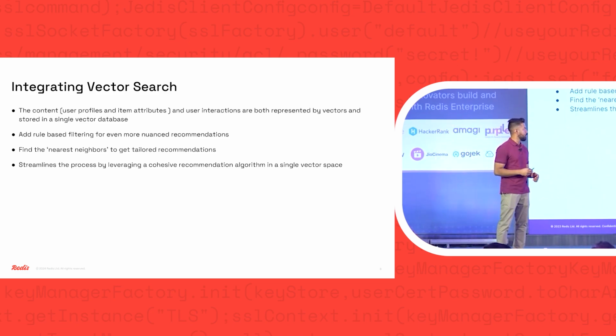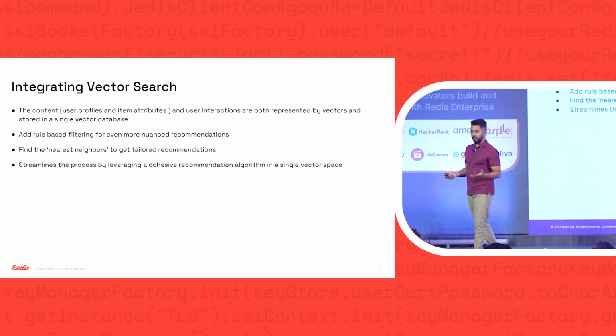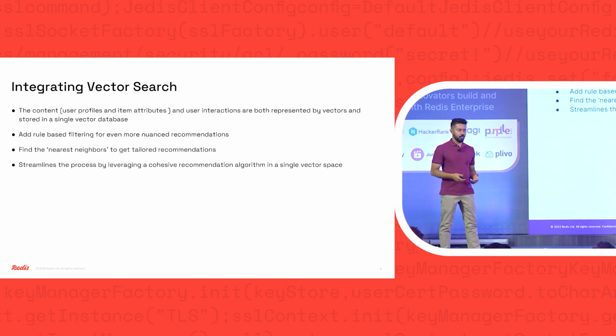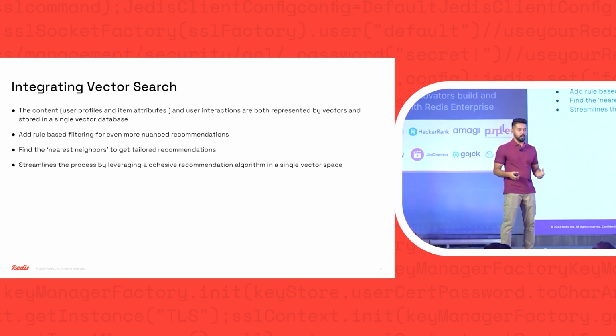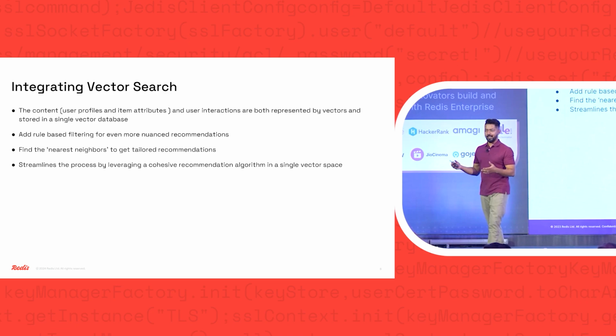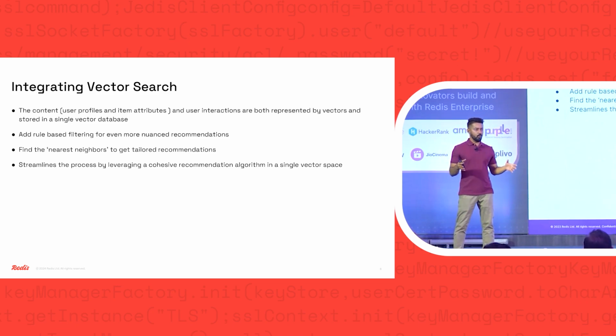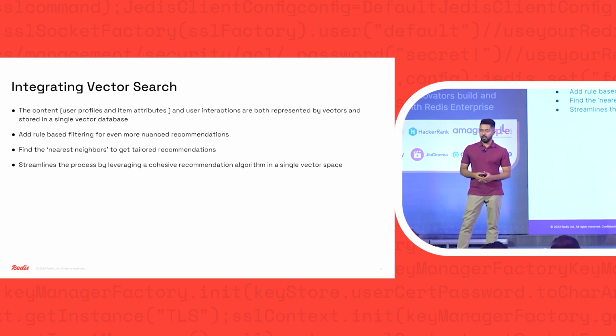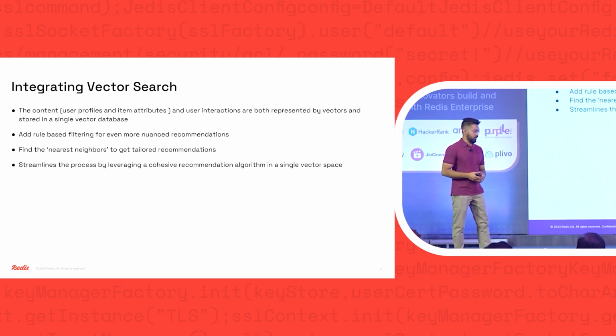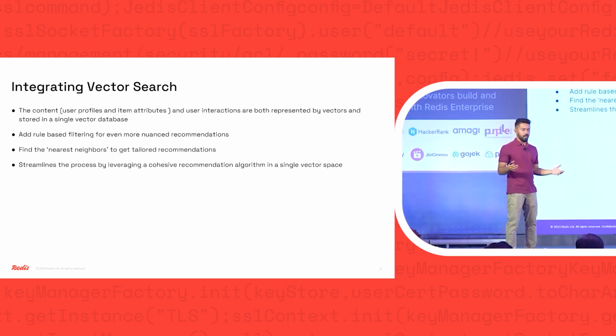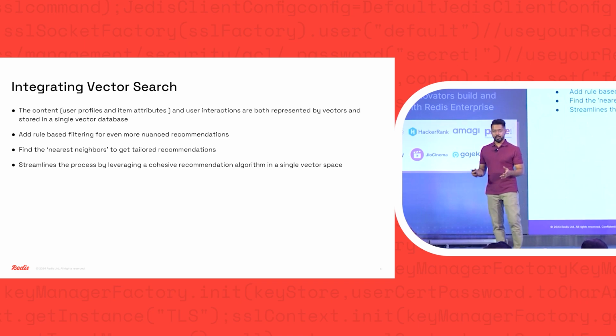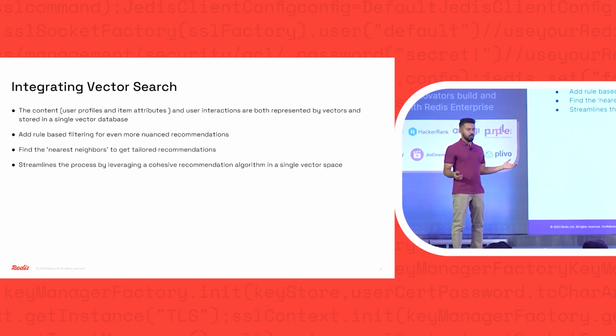vector search capability. So in vector search, what we do is we represent a user as an embedding, represent the preference as an embedding, represent different kinds of objects as their embeddings, and store them in a vector database. Now this AI model that you use, we have to carefully think about what AI models we are using and make sure that they are represented correctly in the vector database. But once that is done, you can easily find the similar objects based on just a single operation called